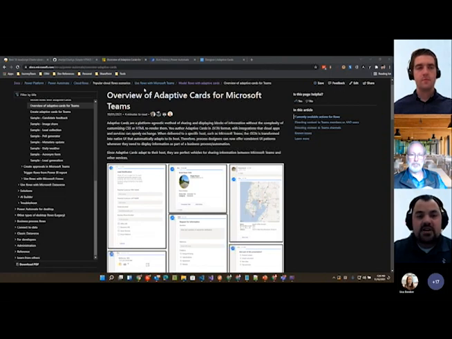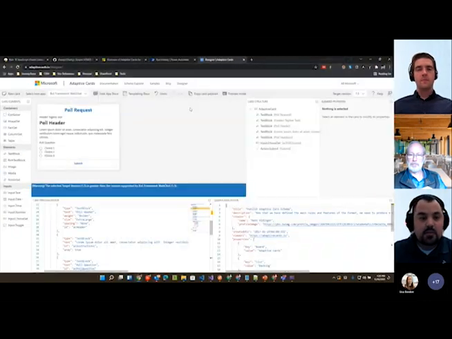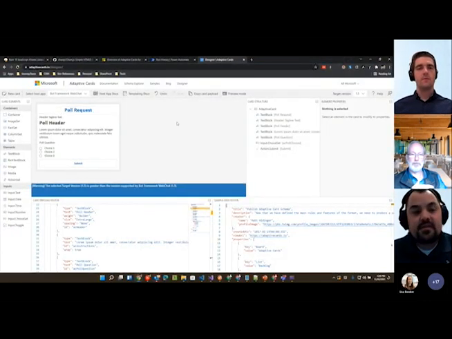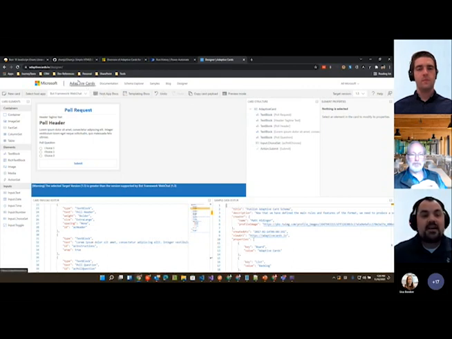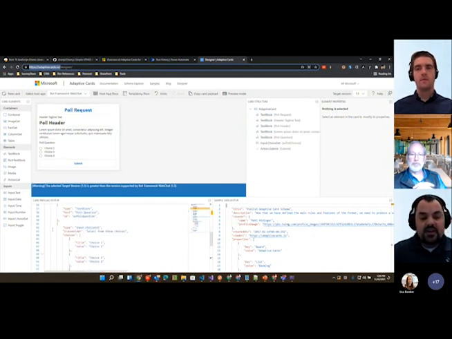So Microsoft has quite a bit of documentation on how adaptive cards work, but I'm going to show you just their adaptive card website. So if you're ever interested in learning more, go to adaptivecards.io and you can go through the documentation. But most importantly, they've got this designer. And what we've done is I pre-populated this with a